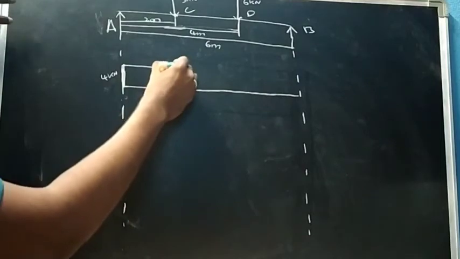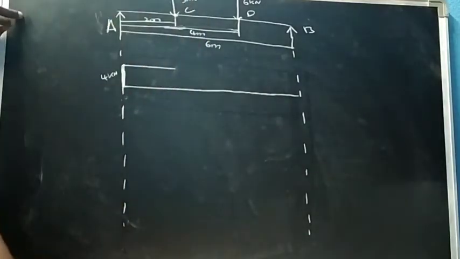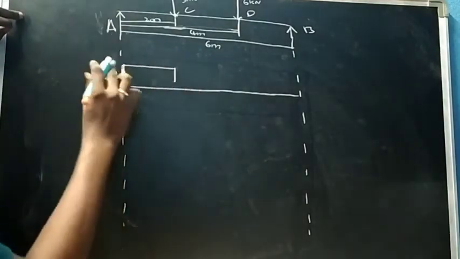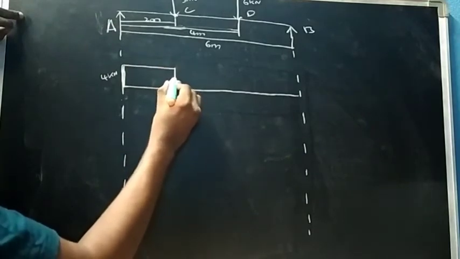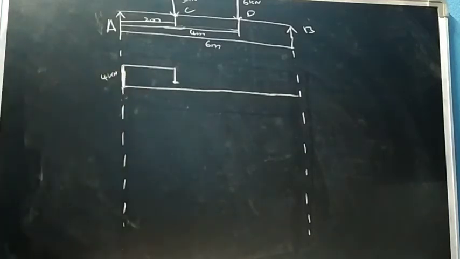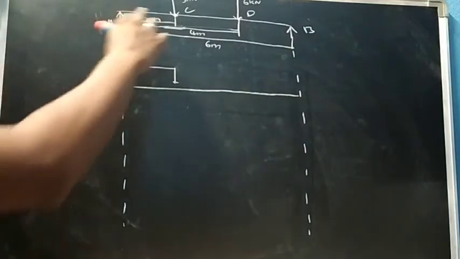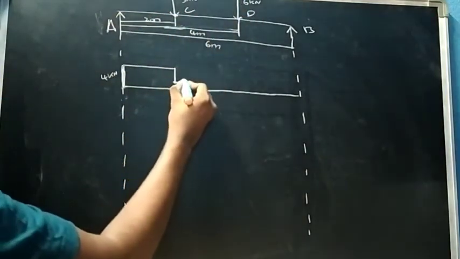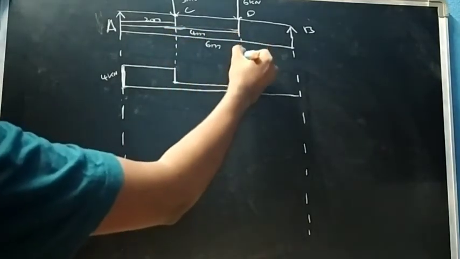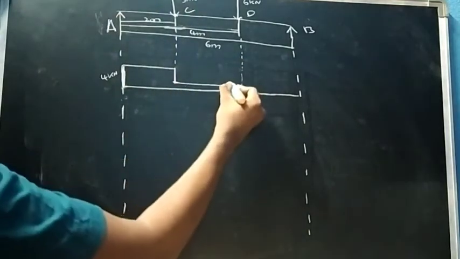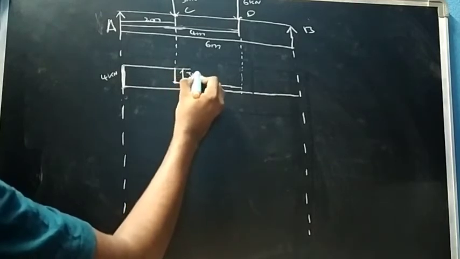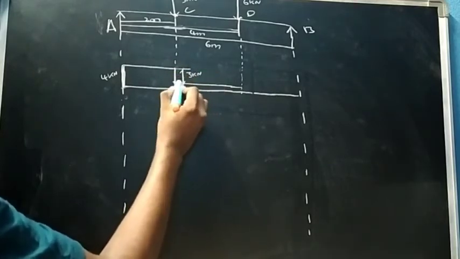Now there is a change. At point C the shear force is 3 kilonewton, so I will come back to 3 kilonewton. Let's say it's 4 and it is 3 and this is 1 and this is 0. This is the baseline, right? Then 3 kilonewton continues till point D, so I will continue this line till point D. If you extend the line it should intersect, so till point D. So for your knowledge, this is 3 kilonewton and this is 1 kilonewton.